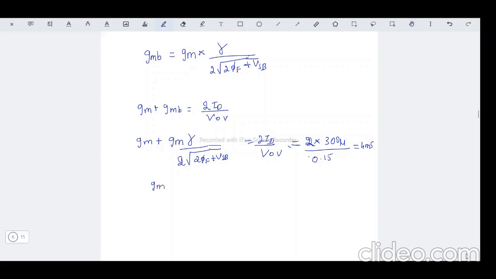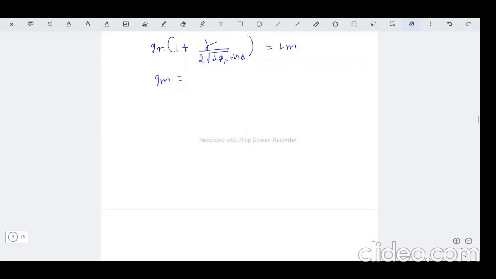So gm times (1 plus gamma divided by 2 root of (2 phi f plus VSB)) equals 4 milli. In order to find gm, 4 milli divided by 1 plus, we know gamma value is 0.6, which is given in the question. 2 phi f value is 0.8, and VSB,